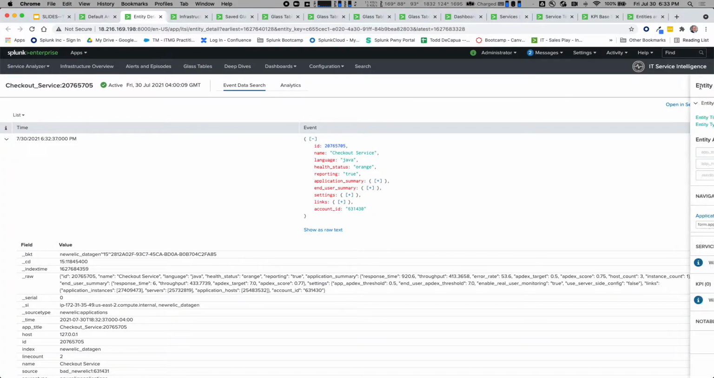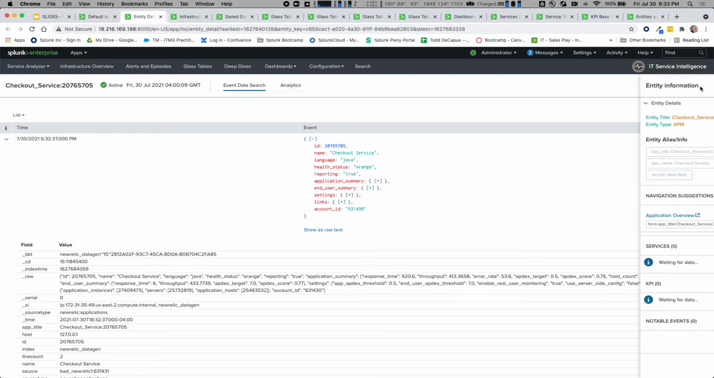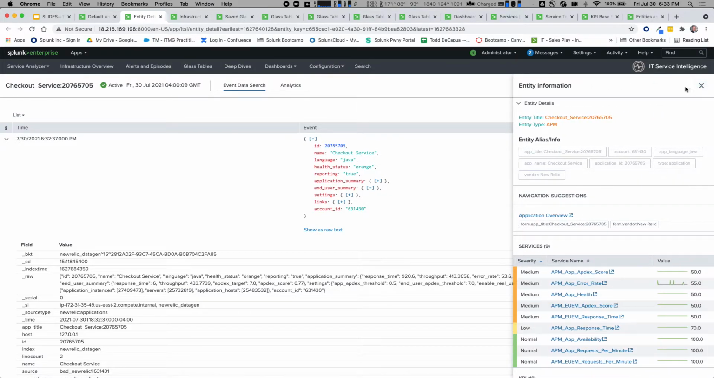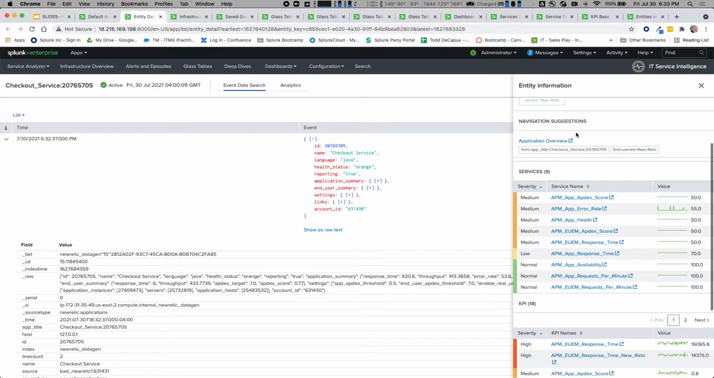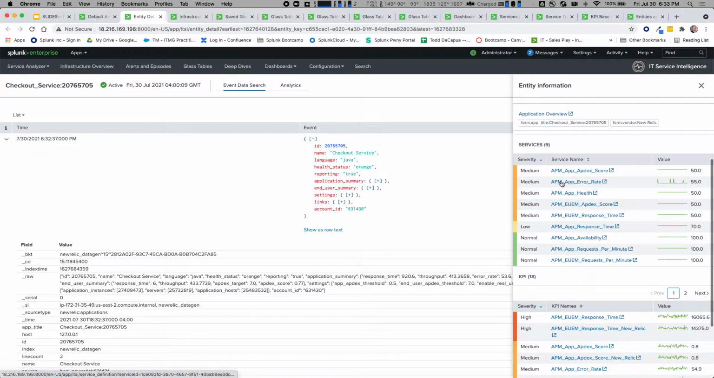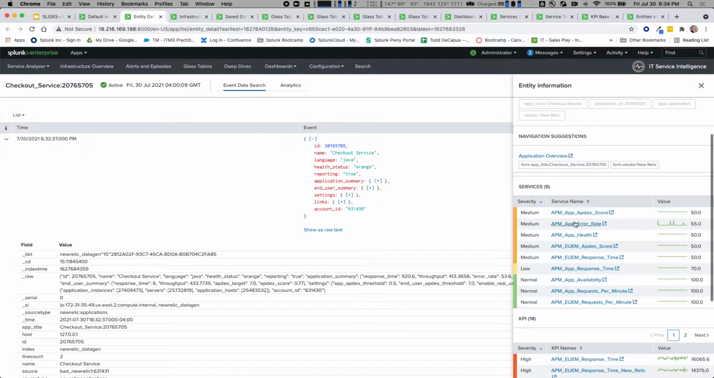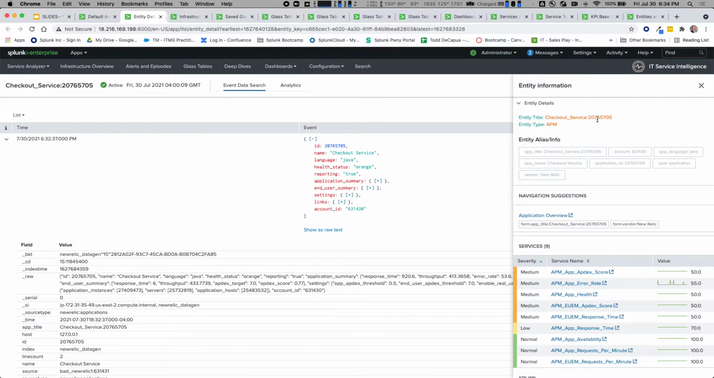Or if we click right on that little icon, we're going to see we're getting into even more entity information detail. So again, that same entity type that we looked at before, checkout service, and then that number. And again, this is an APM entity type. We can see all the tags that are coming across in this, and a little bit more about that service, as well as a navigation suggestion to where we could learn more, as well as the different services that we're able to see data coming back for, and again, all related to this service